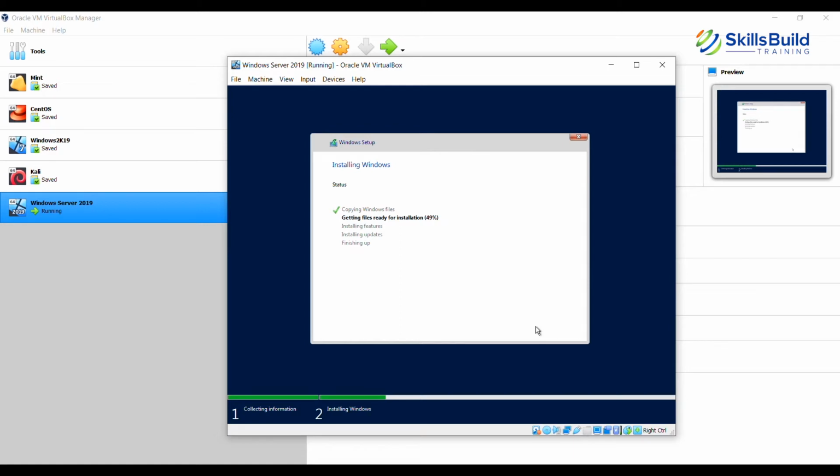So it is now proceeding further. It's done about nearly 50%. So let's see what else we can talk about meanwhile. I'm just trying to figure out something that I can talk to you about, so that you don't get bored during the installation. I know it is taking a lot of time, but this is how Windows installation works.